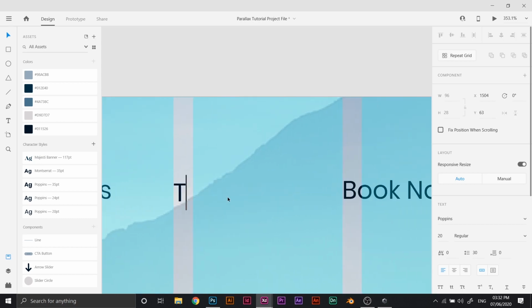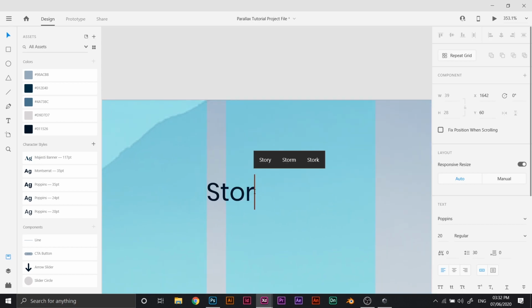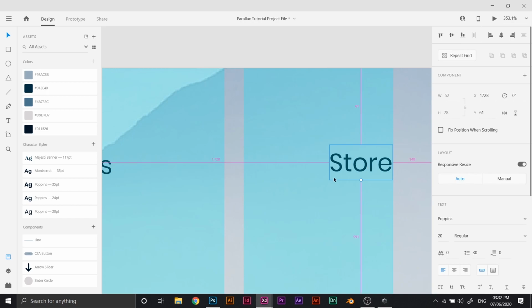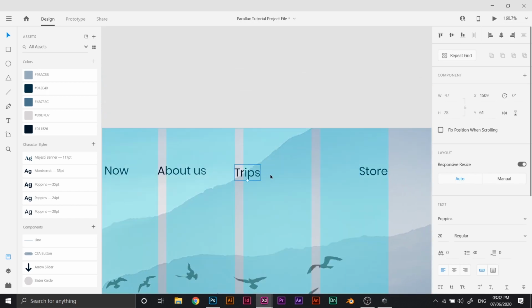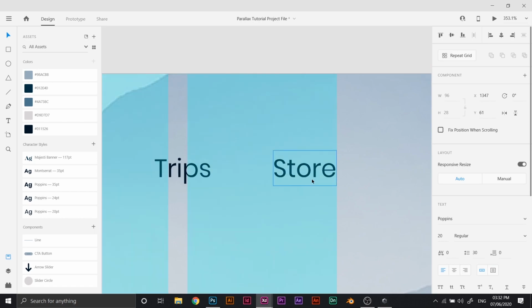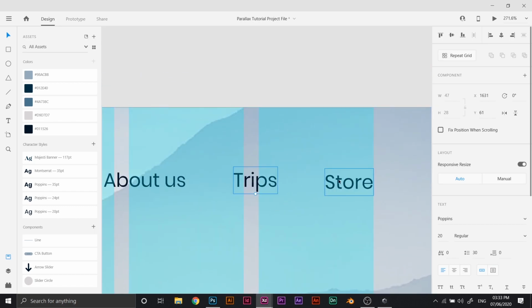Alright, this one is Trips and this one will be Store. Now obviously this is a concept company and a website that I'm creating just for practice. The main aim of this tutorial is to show you guys the parallax effect which you can achieve with Adobe's auto-animate feature. I'm going to align this to the edge of this column right here and I want 50 pixel